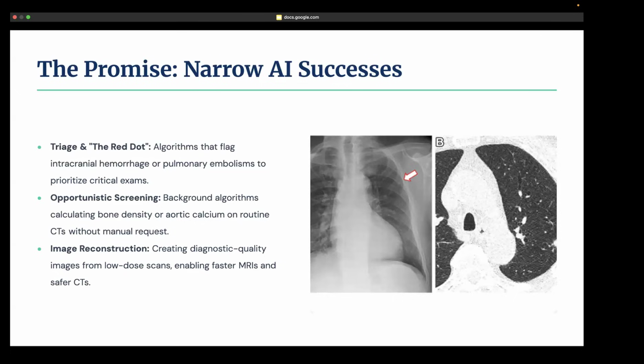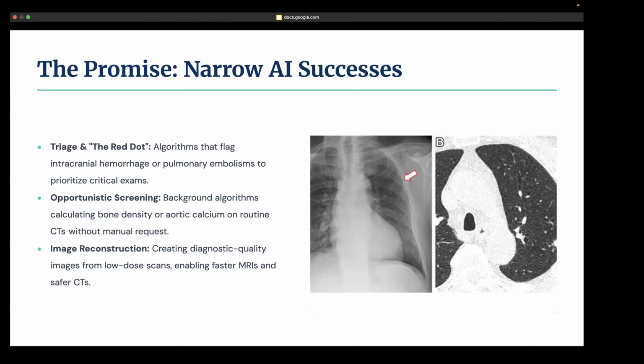So nowadays, there are different AI algorithms commercially available that are FDA approved that look at one certain task. An algorithm can flag something like an intracranial hemorrhage, which is just a brain bleed, or a pulmonary embolism, which is a lung blood clot. And these algorithms can see these types of things and bring these types of studies